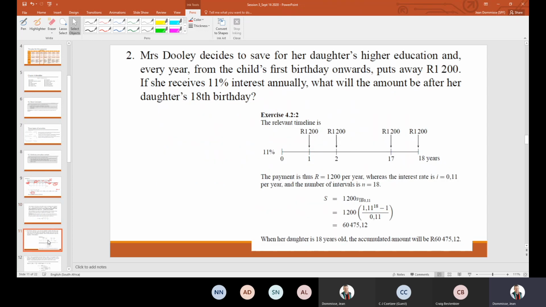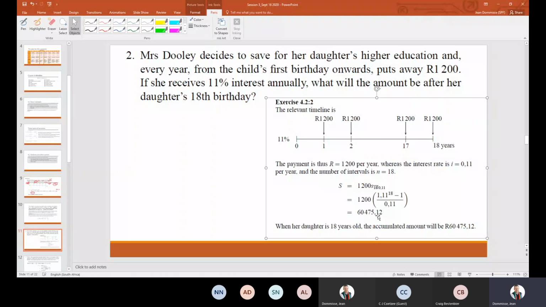So you can see we can do it with a formula, but let's look at this one and quickly see if it's not easier again using the calculator. Mrs. Dooley decides to save for her daughter's higher education, and every year from the child's first birthday onwards puts away 1,200. So we already know that the